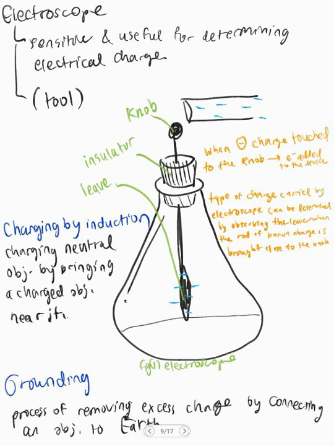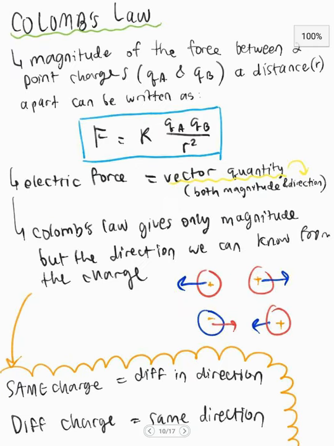Let's move on to Coulomb's law. It is the magnitude of the force between two point charges, which we can represent with QA and QB, a distance R apart. We can write it as force is equal to K times QA times QB over R squared. And the electric force is